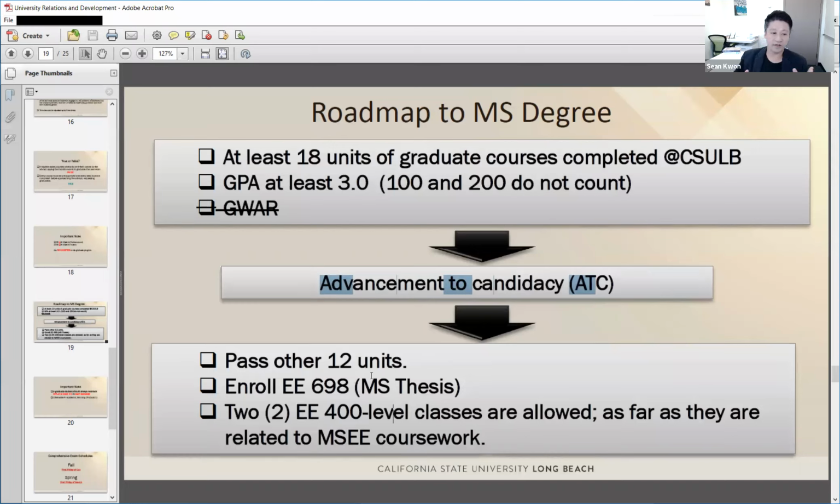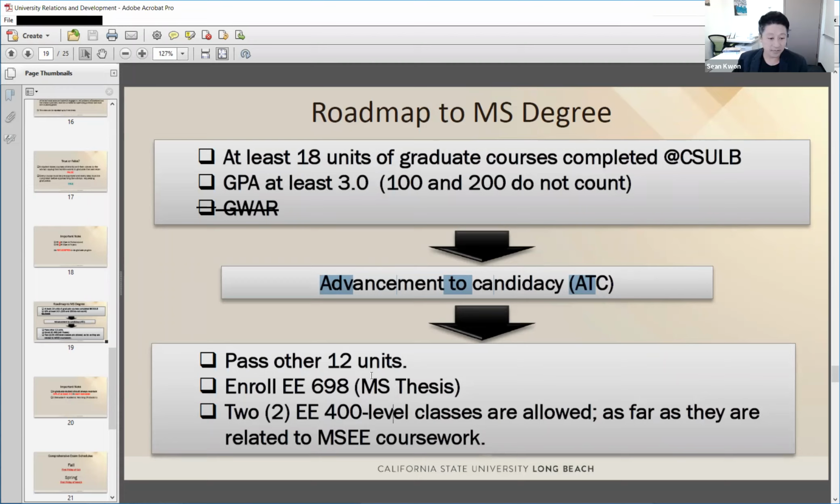For instance, if you finish 18 units and want to begin EE 698 MS thesis in that semester, you can do these two things together, applying for advancement to candidacy and waiting for the approval of that ATC. Right after that, you can enroll in the class 698. But the best way is to apply for ATC right after completing 18 units.